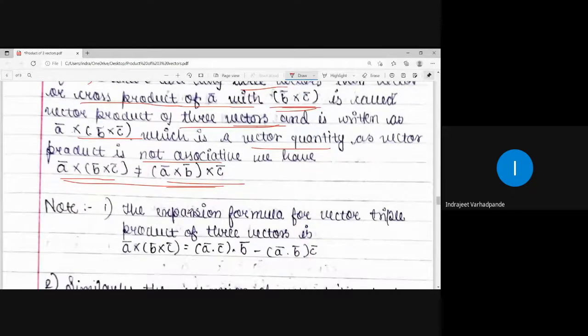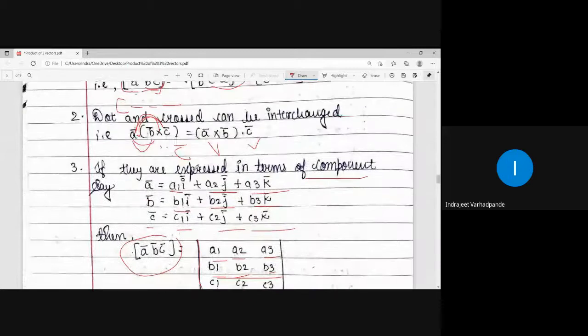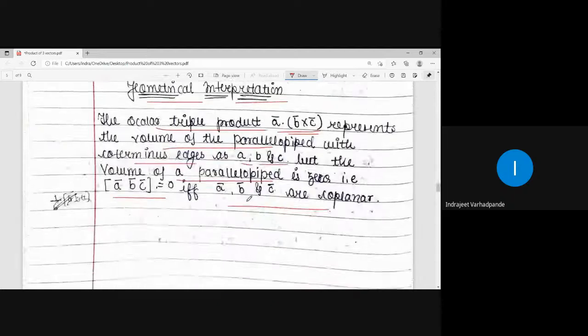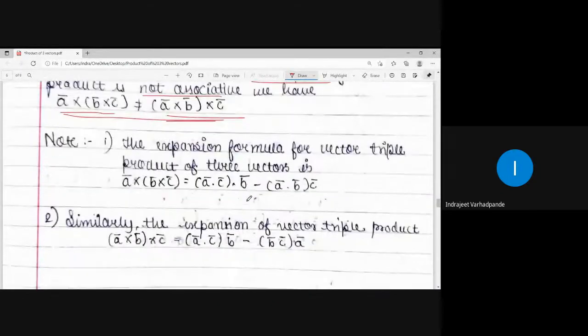Now how to simplify? जैसे यहाँ पर मुझे पता है कि डॉट प्रोडक्ट लेंगे तो अपना रिजल्ट स्केलर क्वांटिटी रहेगा, तो वैसे ही यहाँ पर भी उसका सिंप्लीफिकेशन होना जरूरी है. So what we use is the expansion formula. The expansion formula for the vector triple product of three vectors is, usually we go with this particular formula. A bar cross B bar cross C bar: take the dot product of the extremes, A bar dot C bar into B bar, minus take the product along with the extreme, A bar dot B bar into C bar.